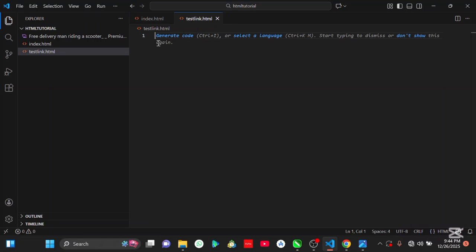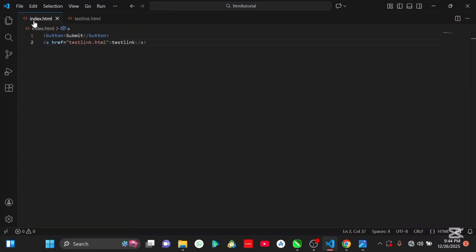Maybe so that we can know we are inside testlink.html, we're just going to write h1, and you can say welcome to testlink. Then you control save, and we close. So when we click on this link, it is going to take us to this testlink.html. So let's see. We're going to come to our browser, refresh, and then you can see now we